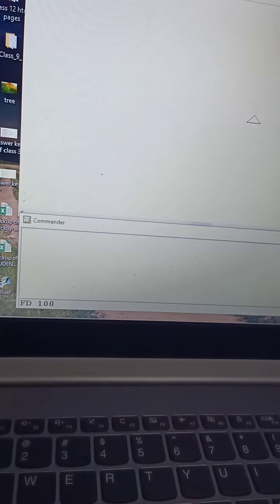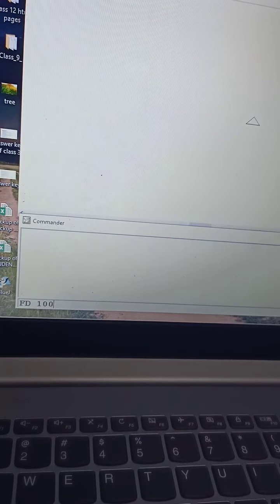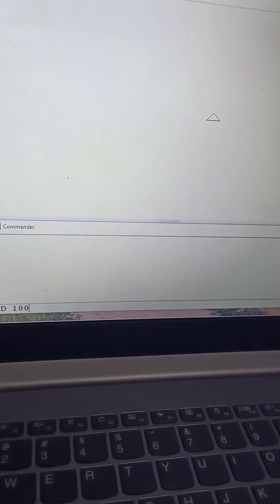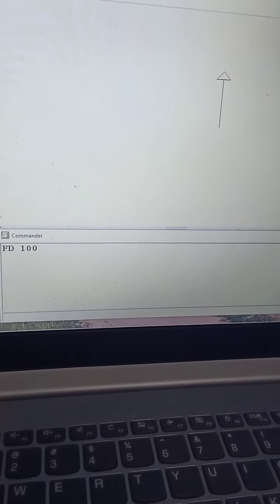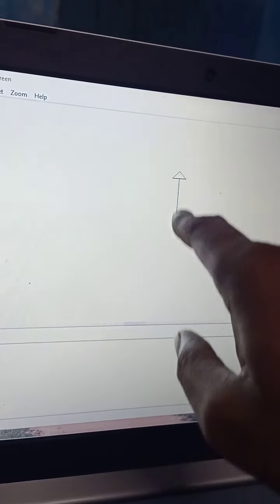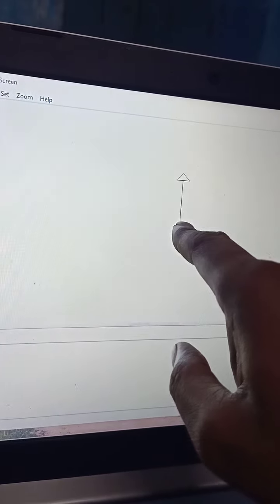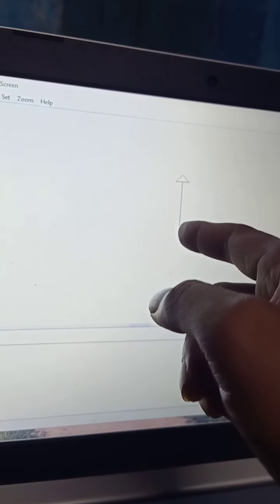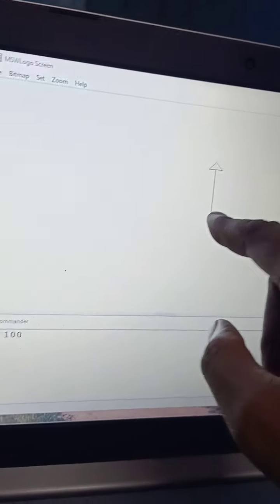Now after writing FD 100, we have to press the enter key, and when we press the enter key, the turtle will move 100 steps forward. When it is moving from here to here, it will draw a line. Now see, this line and this picture are the same, so in that way we can draw a straight line.